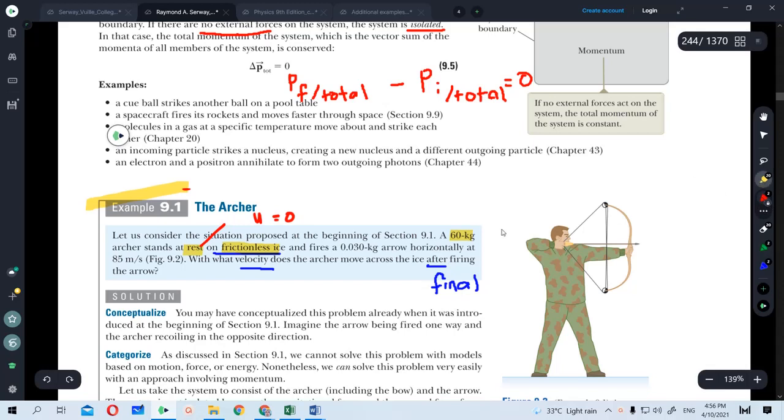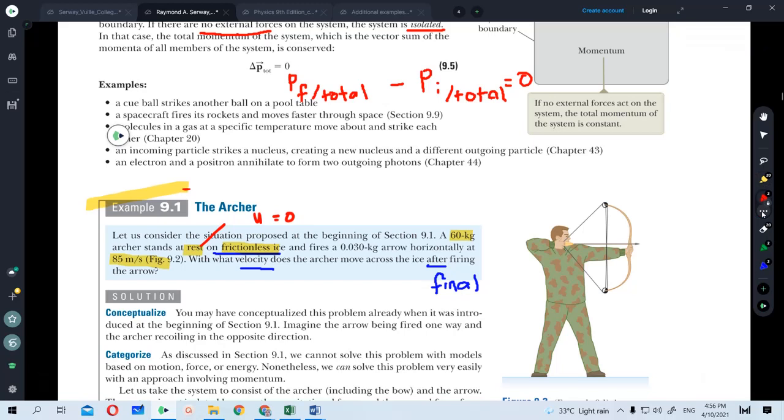All of a sudden, what happens next is he fires the arrow horizontally at this speed. So you are about to see that there is a change in the velocity from 0 to 85. The change in velocity here, somehow you can relate to the concept of momentum. And when it asks you what will be the final velocity after the archer moves across the ice, it gets you a little bit confused because you already saw that this is velocity. But what you really need to understand, as in the picture here, is